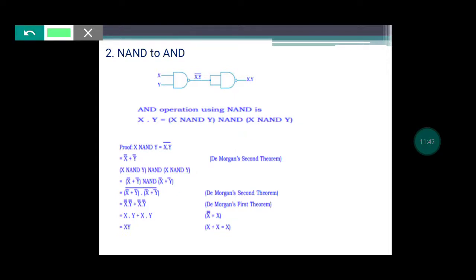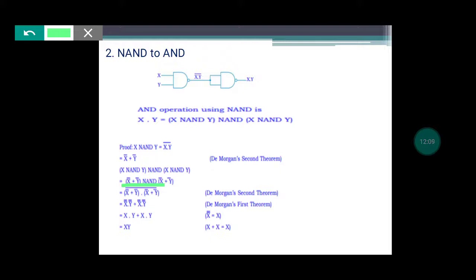Okay. Now next, this NAND is nothing but what? It is also a bar only. Now in place of the x, what do we have? X bar plus y bar. In place of y, what do we have? Y bar plus z bar. So in total it is a NAND operation.